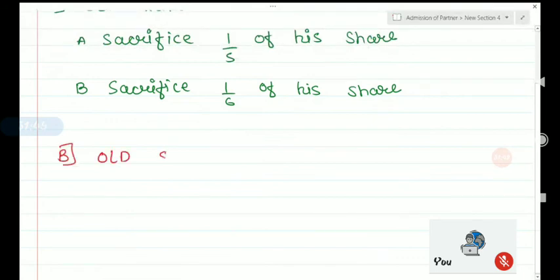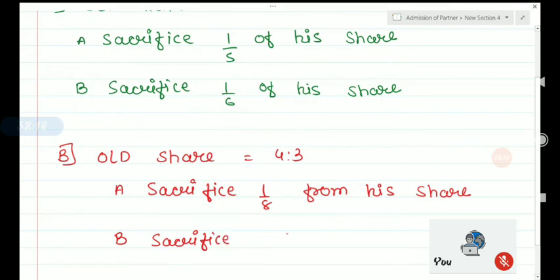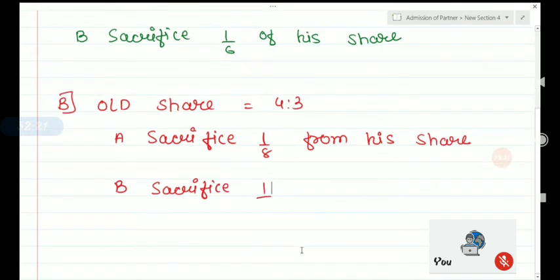If old share equals 4:3, A sacrifices 1/8 from his share and B sacrifices 1/7 from his share. I strictly recommend